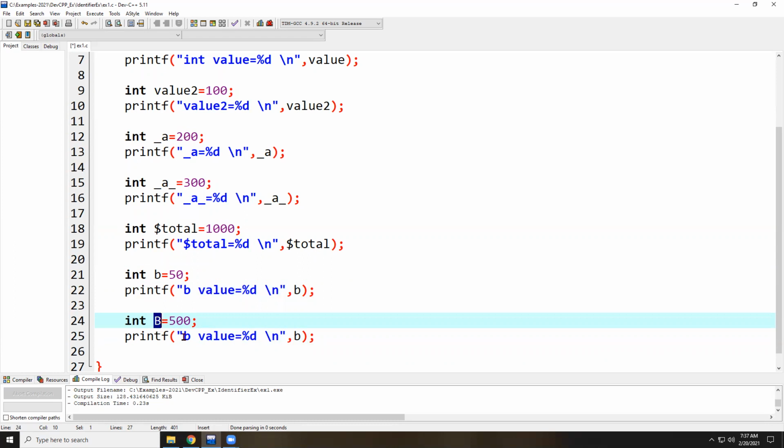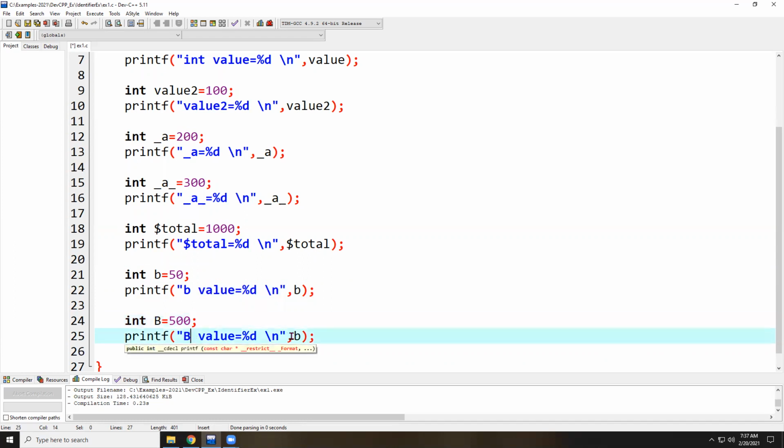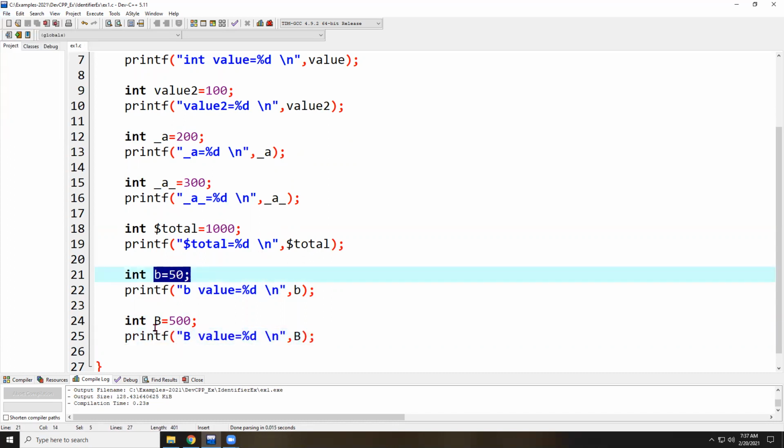It's going to allocate different memory locations for small b and capital B. For this reason I told you identifiers are case sensitive. These variables are case sensitive. Observe, I try to print the capital B value. What is the output variable name? Capital B. Both are different here, small b and capital B.